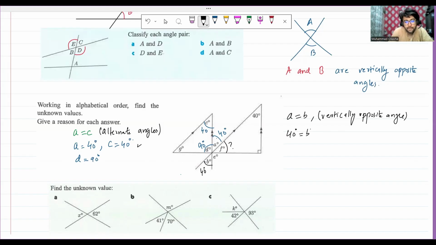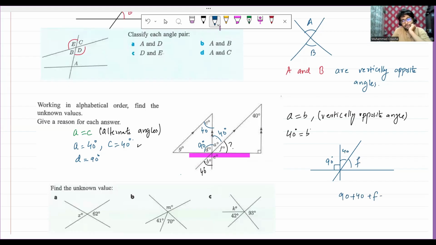Okay, think about it. This is a straight line, right? And on a straight line, you have one of the angles is D, which we know is 90 degrees. One of the angles we know is 40, right? Which is angle A. What about angle F? I think you can already tell that they're supplementary angles, right? So 90 plus 40 plus F is equal to 180 degrees because of the reason that they are supplementary angles,